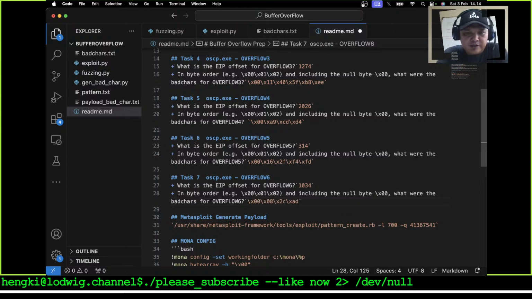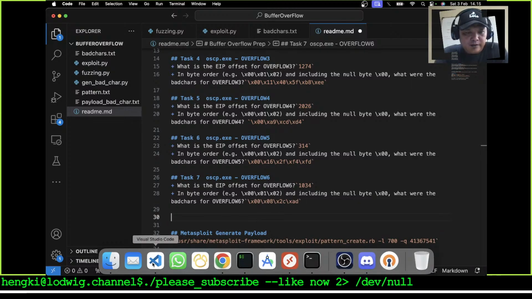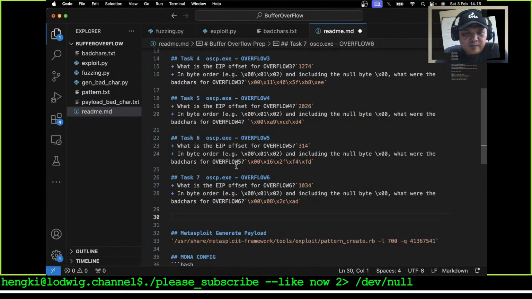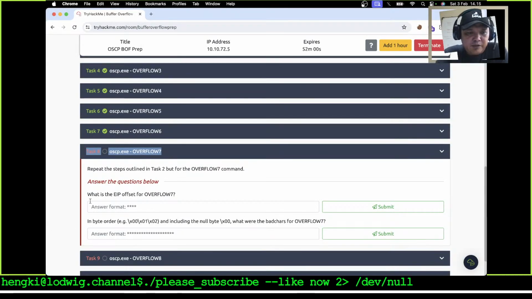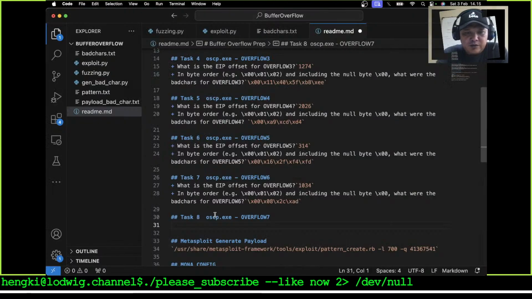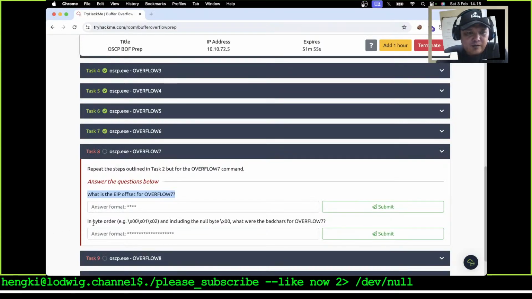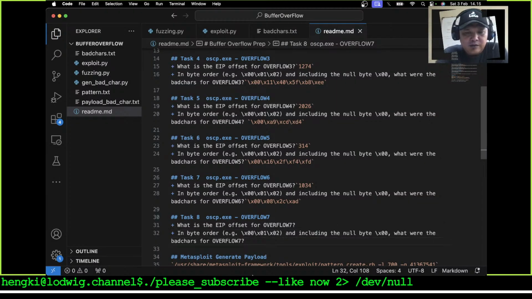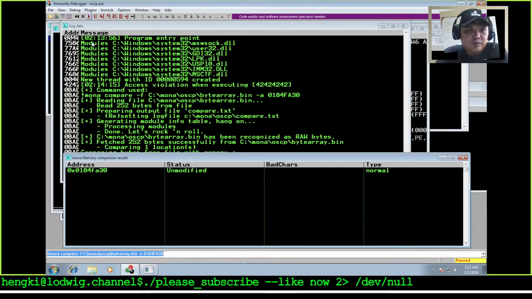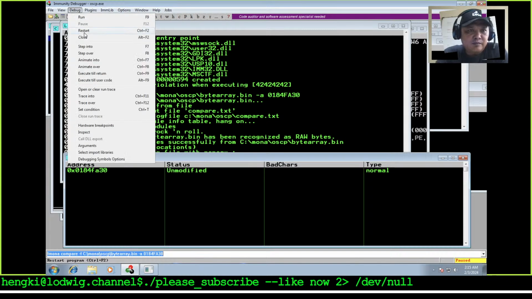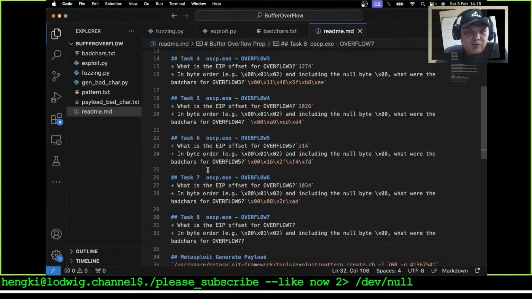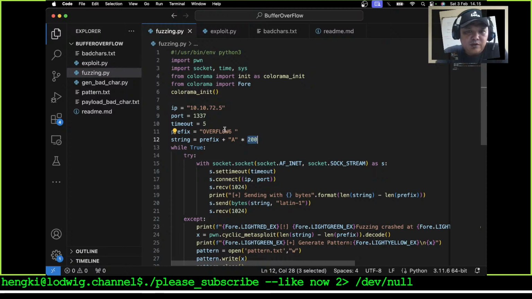So the answer is this. Okay, and let's move to task 8, OverFlow 7. What's the mission? What's OverFlow 7? What are the bad chars for OverFlow 7? Let's start the application, and run it again, modify our fuzzing to use OverFlow 7,